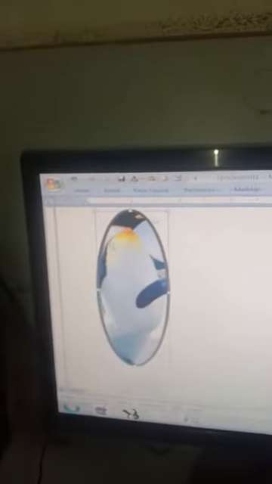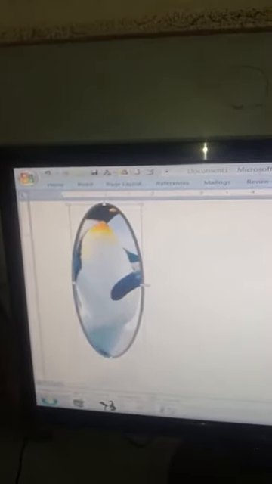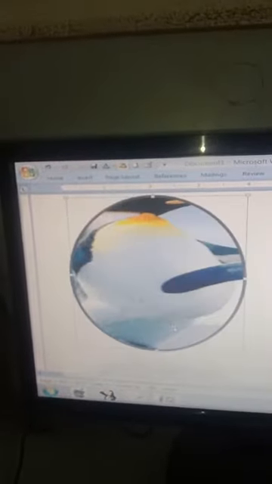You can select any of the styles. Suppose I have selected this circle one. As soon as I clicked over here, this got converted into an oval shape. So in this way you can set the style of a picture.